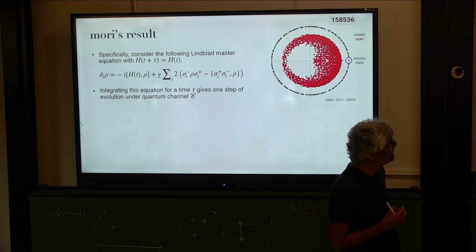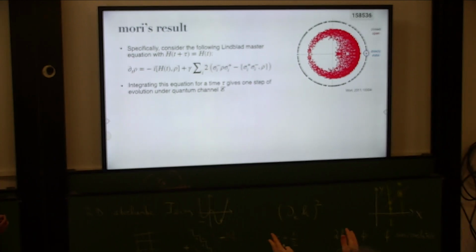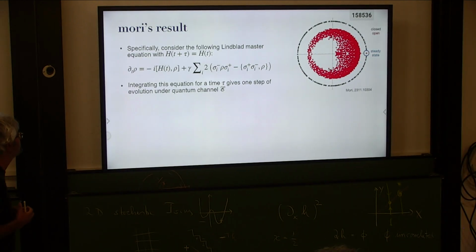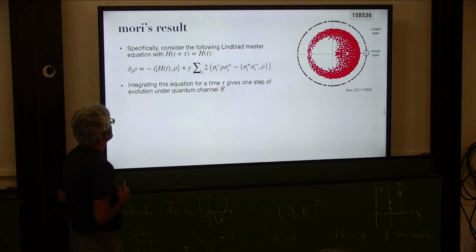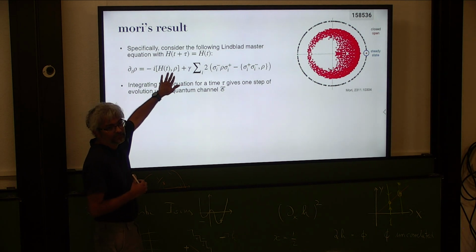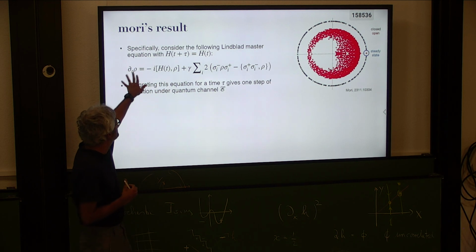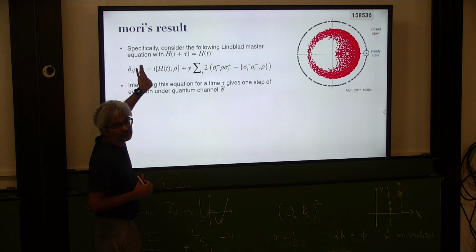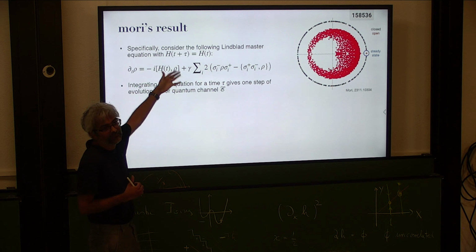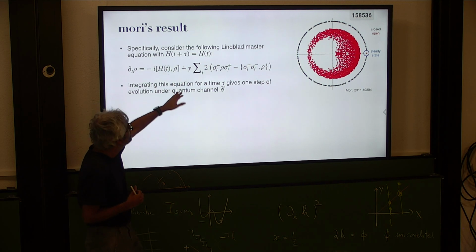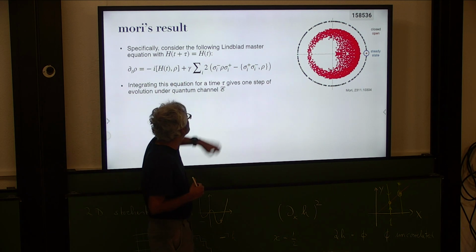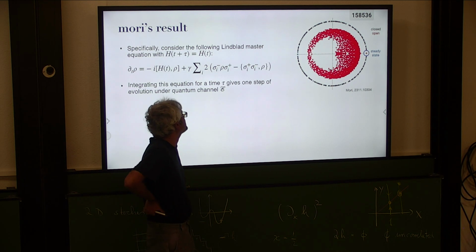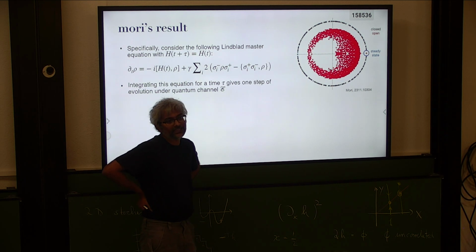I'm curious about the physics of this model. So the equation is fine, but this model is a Hamiltonian that's time dependent, right? And so this part is just Hamiltonian evolution under some chaotic time-periodic Hamiltonian. What's this? Well, every site is coupled weakly to a bath, and this is the